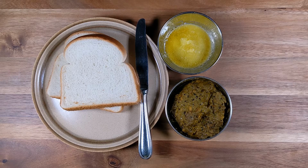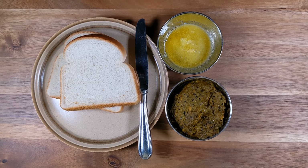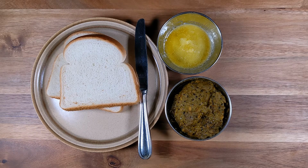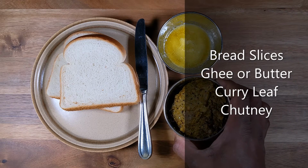So dear viewers, we are going to make the curry leaf chutney sandwich, which is suitable for Fridays of the season of Lent, and it's easy, nutritious, and let us see how we are going to make it. So the ingredients are: we need the curry leaf chutney,